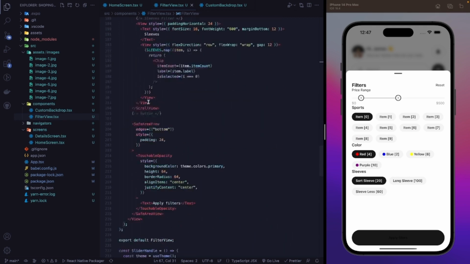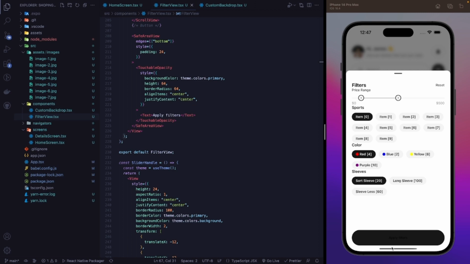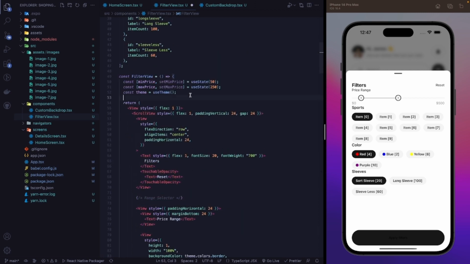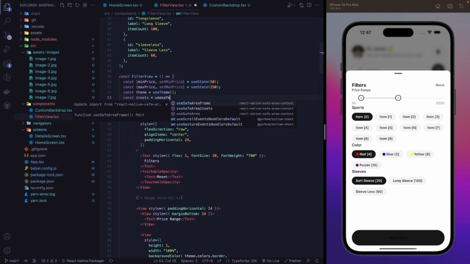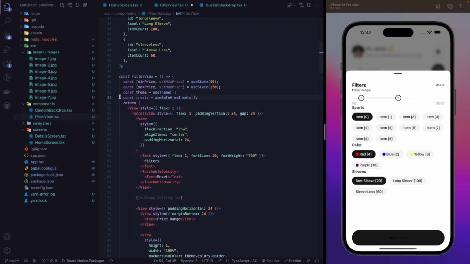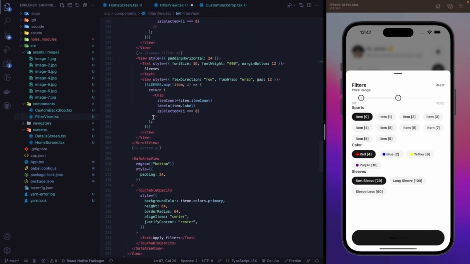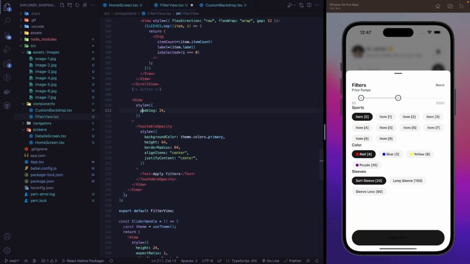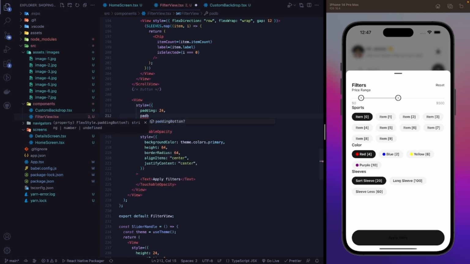Pretty cool. And there is no bottom padding going on because this is a modal, so it is avoiding that. So let's get our insets from use safe area insets, and let's add that manually. Let's remove that. Let's remove this as well. Let's add padding. Padding bottom should be 24 plus insets dot bottom,